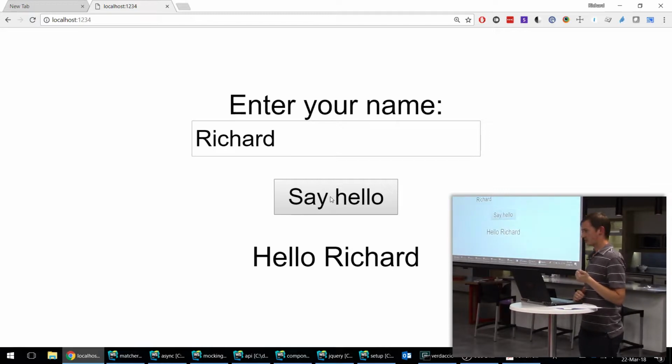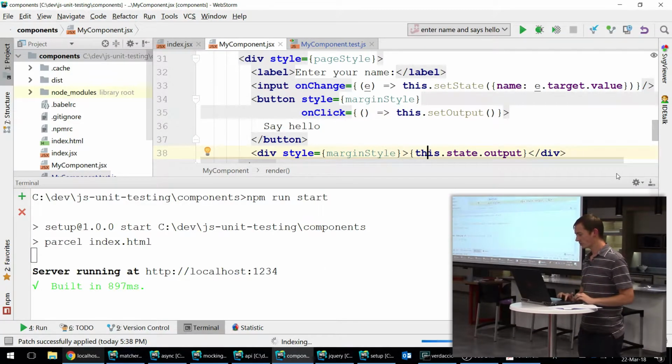All right, so that's very basic functionality, but how would you test that? The usual way to test this kind of thing is to spin up Selenium WebDriver, let's get this thing going, go find a button. No, wait, the button hasn't rendered yet. Wait 2 seconds, then look for the button. That's not really a good way of writing unit tests. That's more like your end-to-end tests, and it's quite brittle. So what we can do with Enzyme